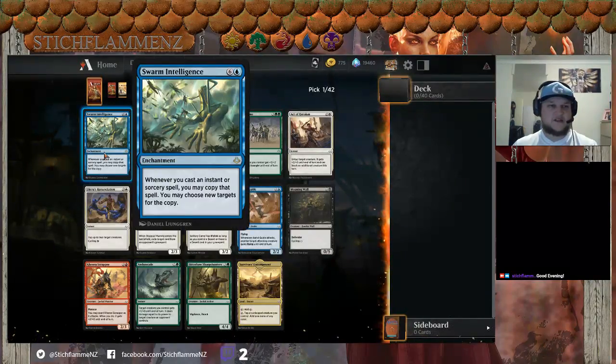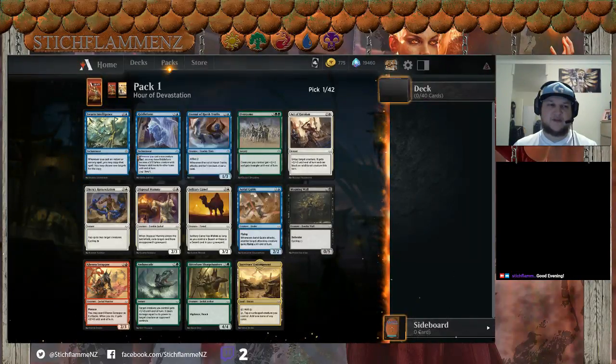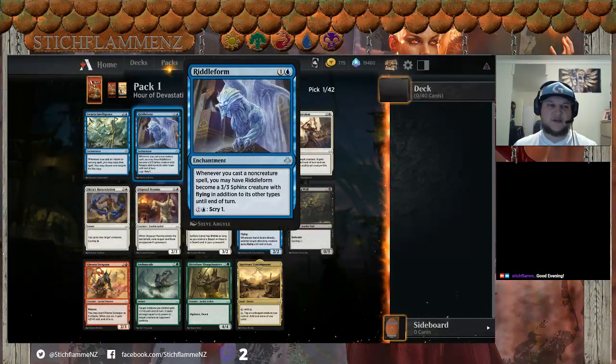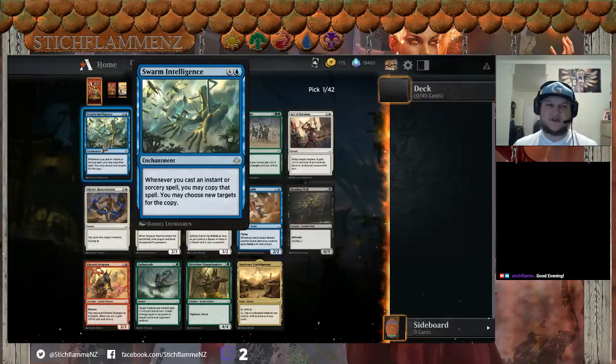So the rare is Swarm Intelligence. Whenever you cast an instant or sorcery spell, you may copy that spell. You may choose new targets for that spell. Not really good in limited. It'd be kind of cool in maybe a blue-green ramp deck, but I don't think we're going to pick that for limited. So we always look at the rare first, see what it is, and then we move on to